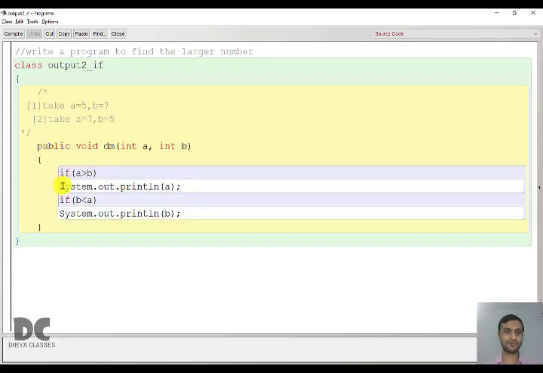Since here I have only one statement, the print statement, I have not given any curly brackets. That is fine, you can do it like that. But if there is more than one statement, then it is compulsory to give curly brackets. I will advise that in the board exam, always try to give curly brackets even if there is only one statement. Only if there is one statement present inside if, you may or may not give curly brackets. So here this is false. False means this will not get executed.